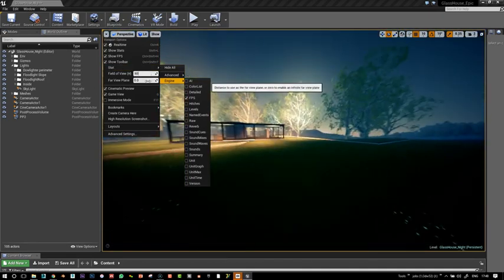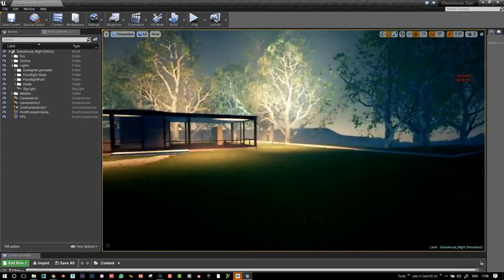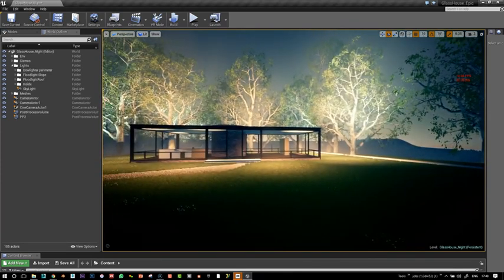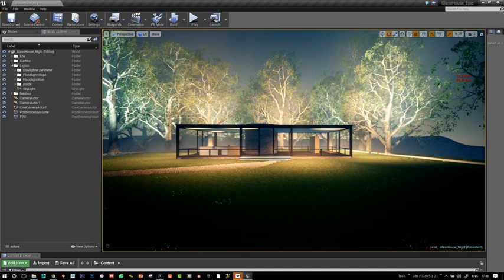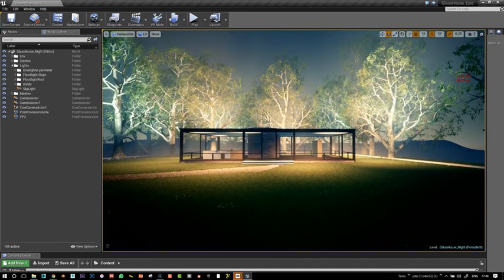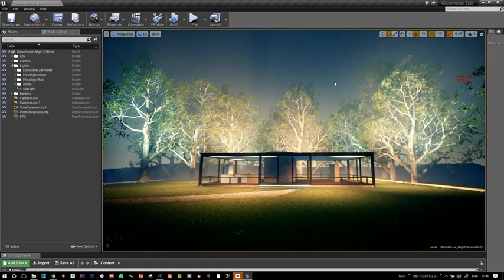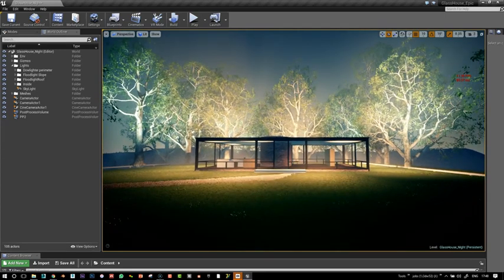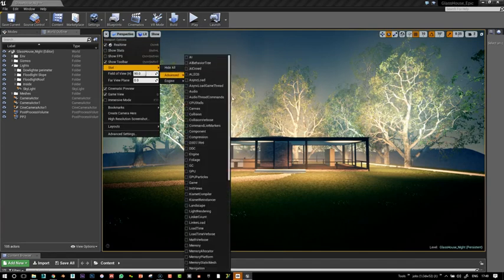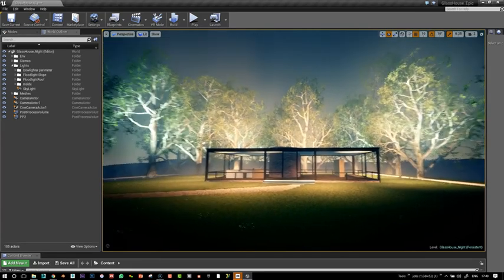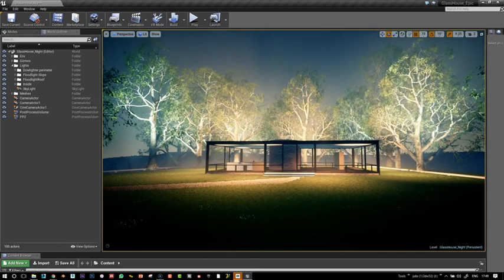So I'll put this back in sort of 90. Sorry for the strobe effect here. But it doesn't matter because we don't need to walk around too much. That's not the point of the exercise here. Just to explain the slight lag you're going to experience, so I will shamefully hide my frames per second. Also, I'm on my laptop, so I'm showing a more recent graphic card. It will be perfectly happy doing that. Okay, so